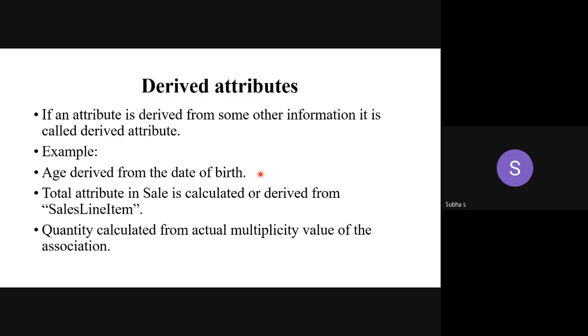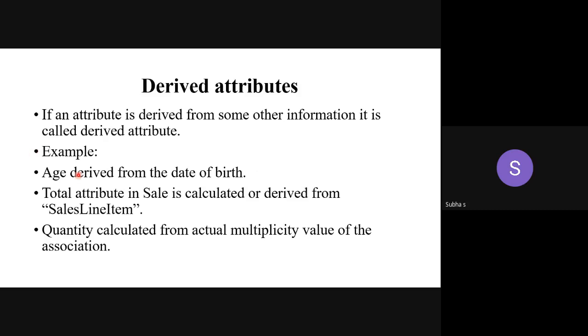Can you think of one more example? CGPA. We can give CGPA as a derived attribute. Why? I can calculate CGPA only if I know the GPAs of all the semesters. So GPAs are also attributes. Only if I know that particular data can I calculate CGPA. These are common general examples related to our discipline.